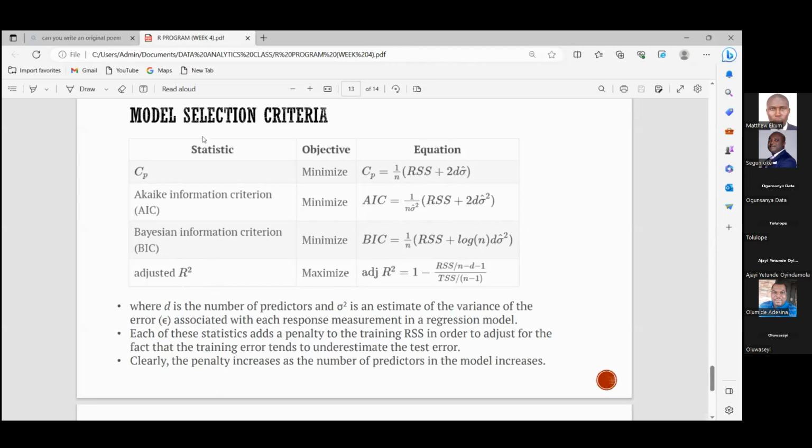So for Cp, for AIC, for BIC, the ones with the minimum value are the best. But for R square and adjusted R square, we look at the one with the maximum value. So these are some of the definitions we have given to it. Each of these statistics adds a penalty to the training residual sum of squares in order to adjust